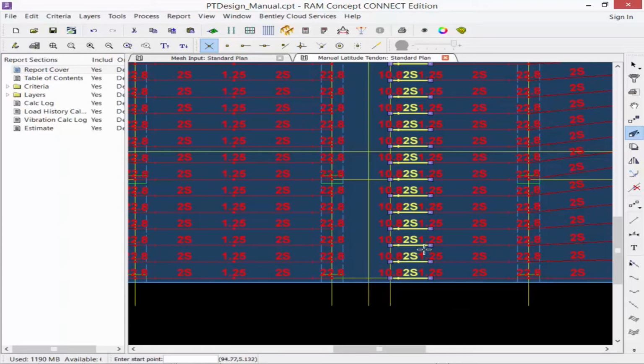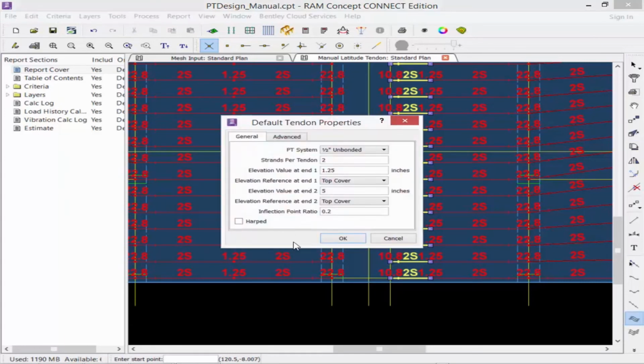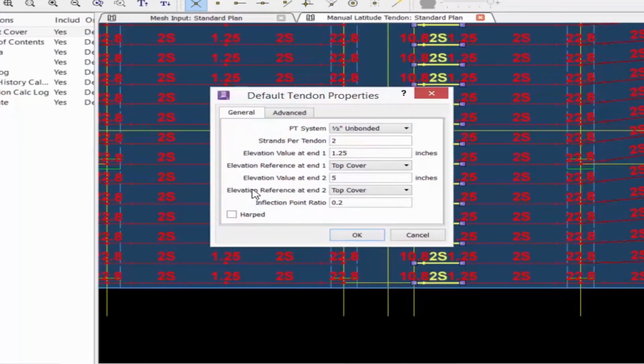Once this is completed, we're going to use our half-span tendon tool, and we're going to double-click on this tool first to take a look at our properties. We're going to keep all of the properties that were previously selected, except we're going to select the elevation at N2 to be 6 inches, or basically to terminate at the mid-depth of the slab. Once we're done, we're going to click OK,